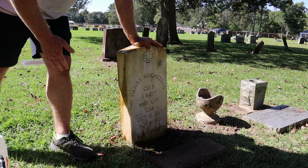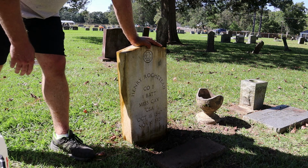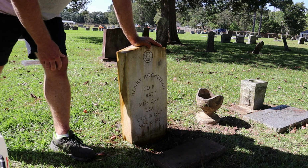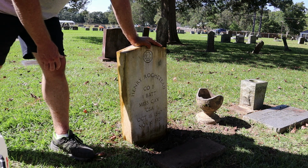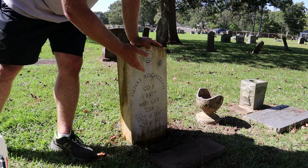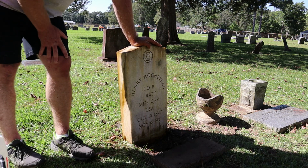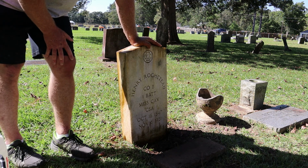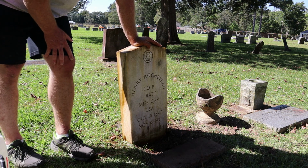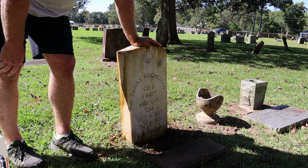He left that riot with a gunshot wound in the back. He died with a bullet in his back. He walked with a limp the rest of his life. So that was probably a daily reminder of what he was involved in, and I'm sure, possibly by the end of his life, he may have regretted that decision. But it's not my job to judge him. It's the Lord's job to judge this man, and all I can do is celebrate his life and his legacy to a degree,